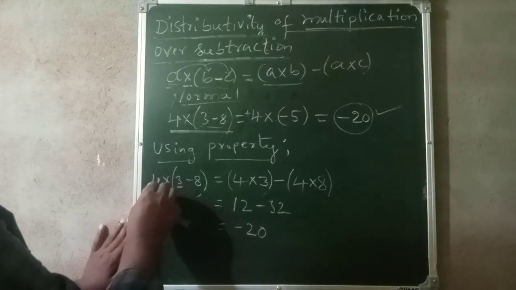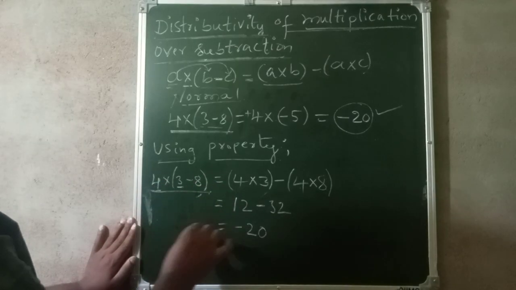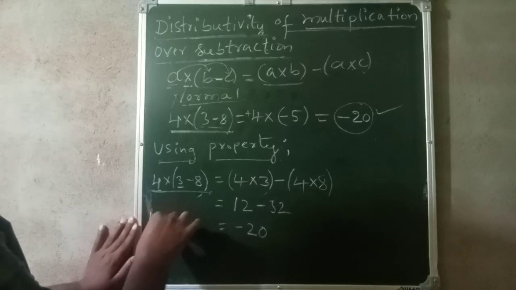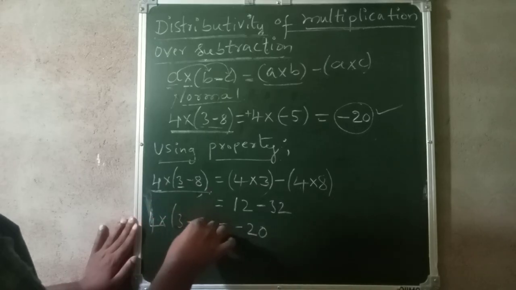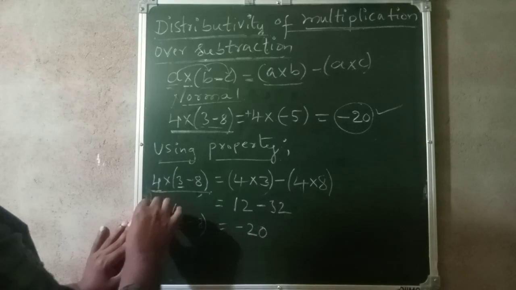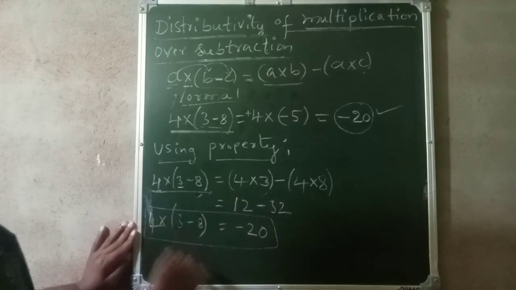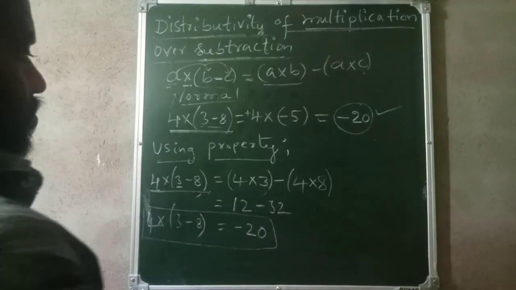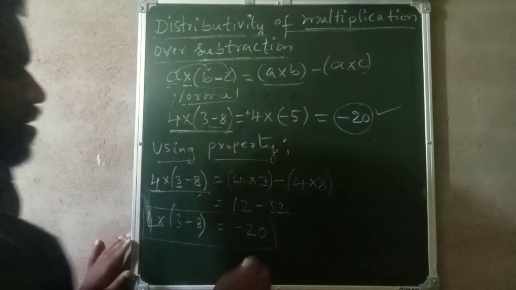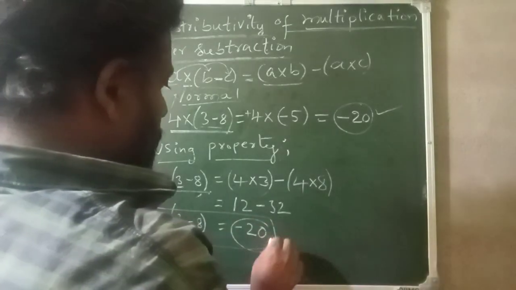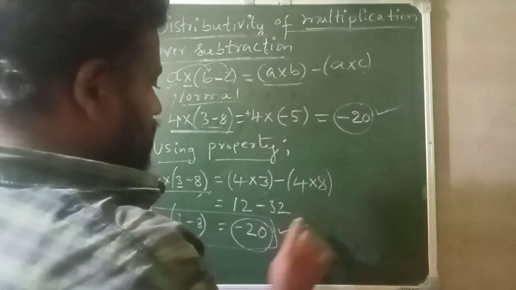Okay, so I will once again write this here. So 4 into 3 minus 8. See, we got minus 20 as the answer